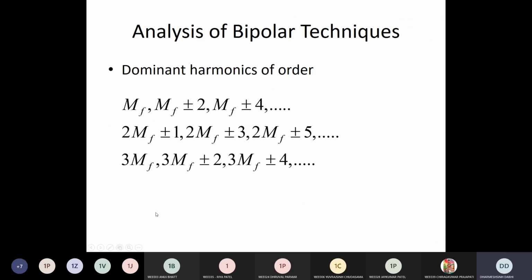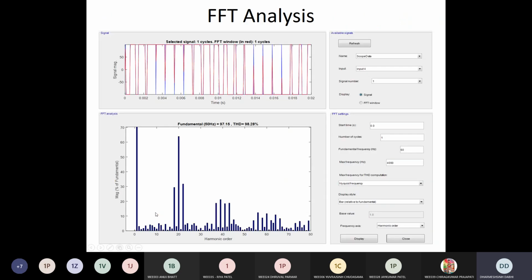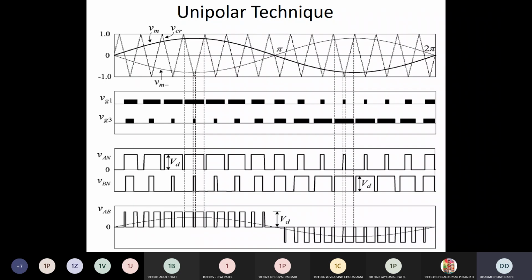But in the case of the unipolar technique, in the first half cycle you get the positive and after that you get the negative. Clear. You can see that here you get only positive output voltage in the positive half cycle, and here only negative in the negative half cycle. So that's why it is called a unipolar technique. Clear. So if you do the Fourier analysis of this output voltage, you see what the dominant harmonic is in this. Clear. So let's first simulate this.